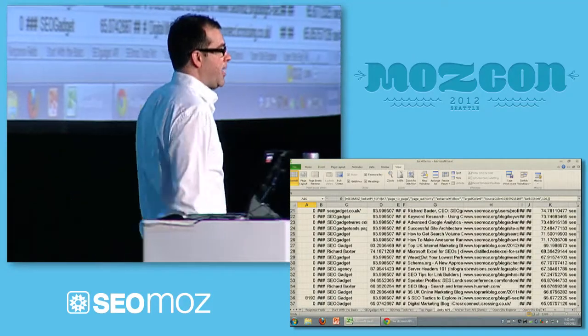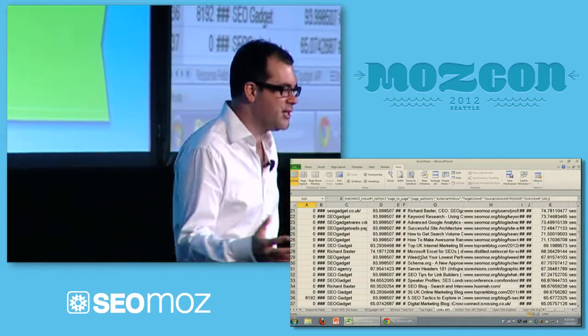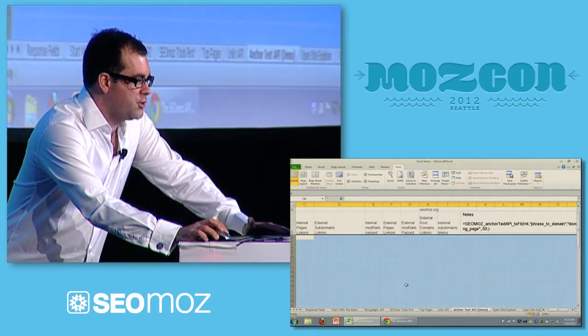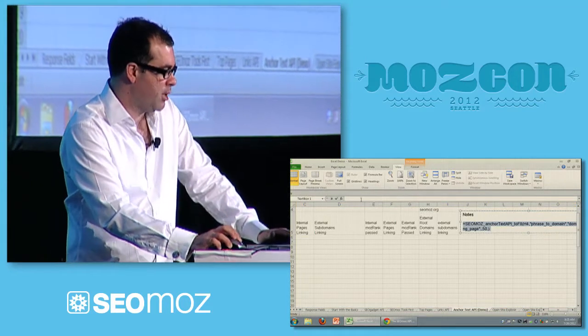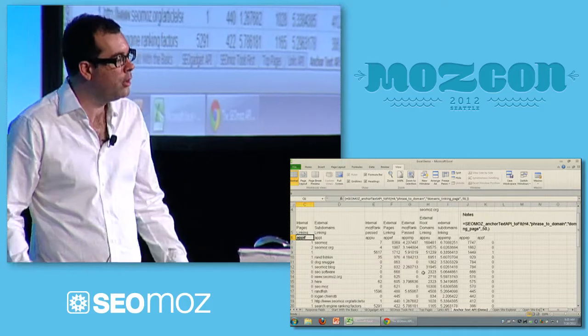I'm really excited about this because it's going to save me so much time. It's cool. I've been really enjoying playing with this. I'll show you why I've been really enjoying playing with this. I'll just give you one more query, and then we'll play with some tools. This is the anchor text API. It does exactly the same thing. There you go. So that's just the top.